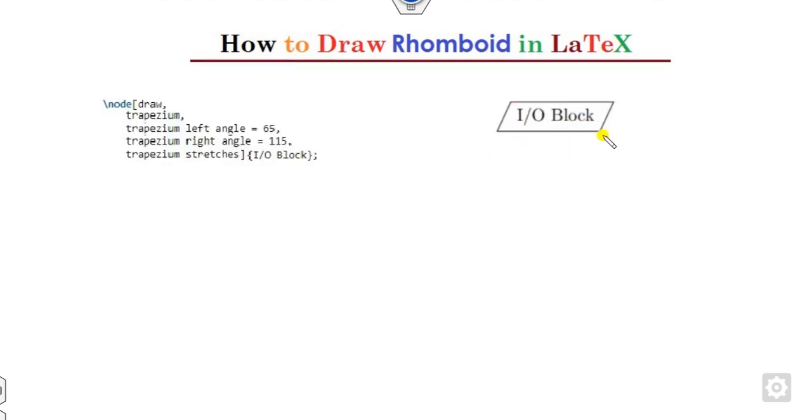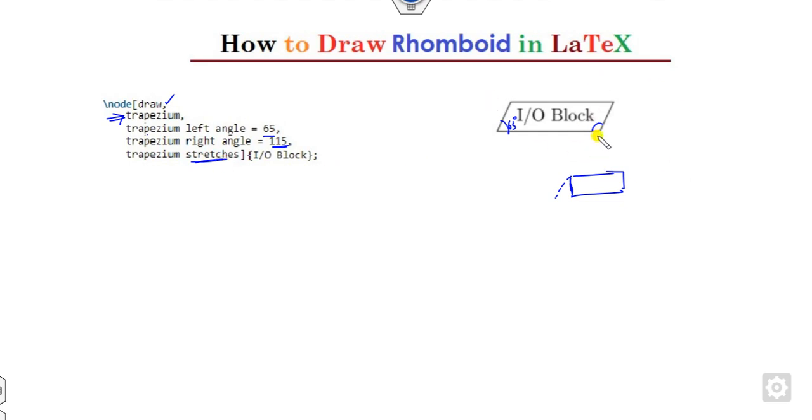So for this, say here, what you can do is use the draw command, and since this is a trapezium, you can use the command as a trapezium. Since this is my rectangle here, you want to bend this line to be here. How much angle on the left-hand side? That's my 65. You can see this angle is 65. And how much angle is this? This is my 115. So you can see the trapezium left angle, trapezium right angle,